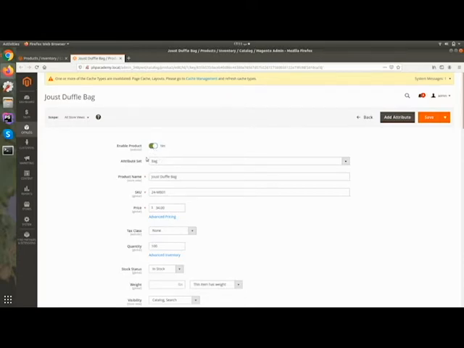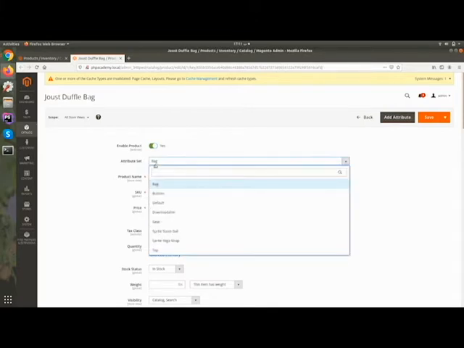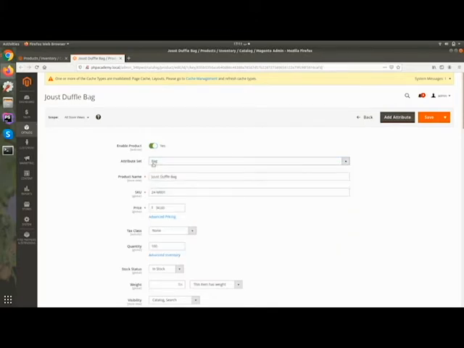This is the attribute set. Attribute set is used if you are selling different types of products, like t-shirts or electronics. To differentiate all these types of products, you should always use attribute sets. You can assign to a category as well, but the work of a category is different from the work of an attribute set.